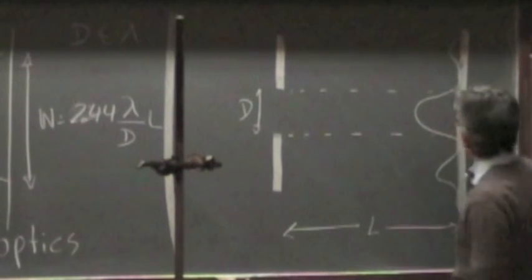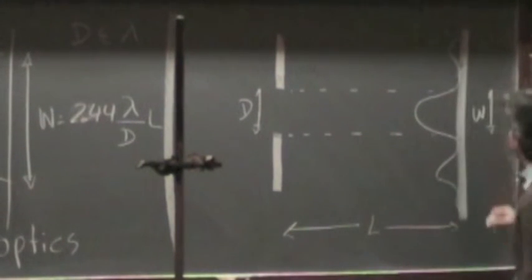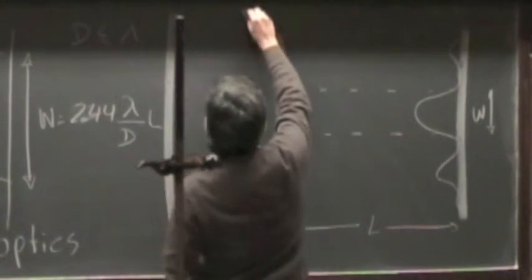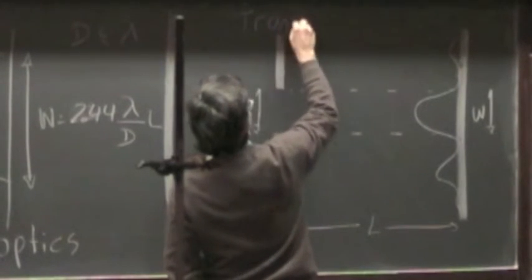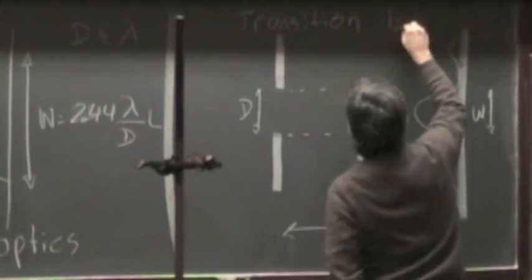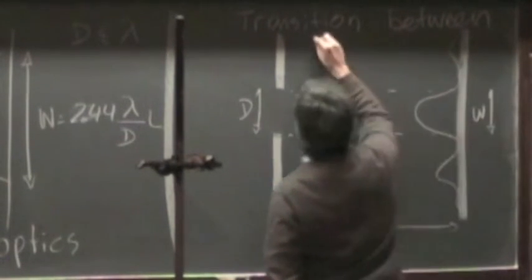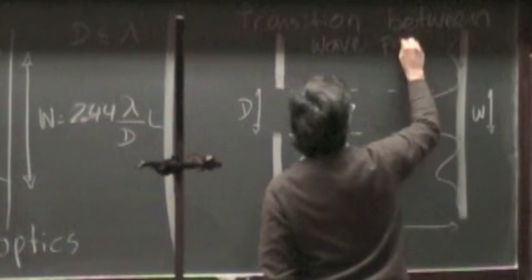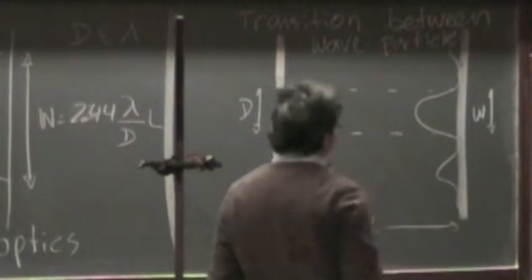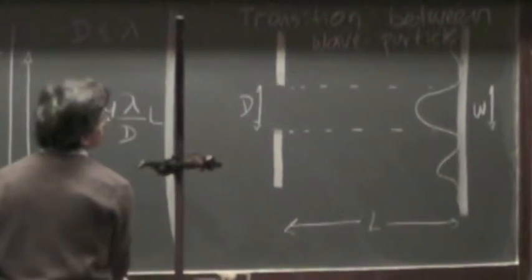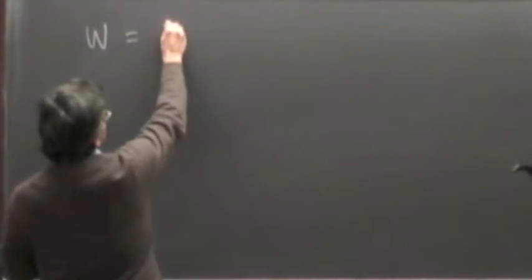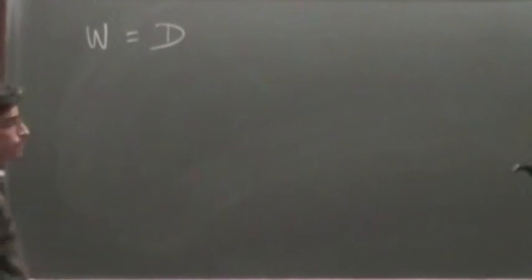The limit case is that when W, the width of the central maximum, matches D. This is the transition between wave and particle picture of light. So let's spell out what that means in terms of an equation. If the width of the central maximum is to match the diameter of the hole, then